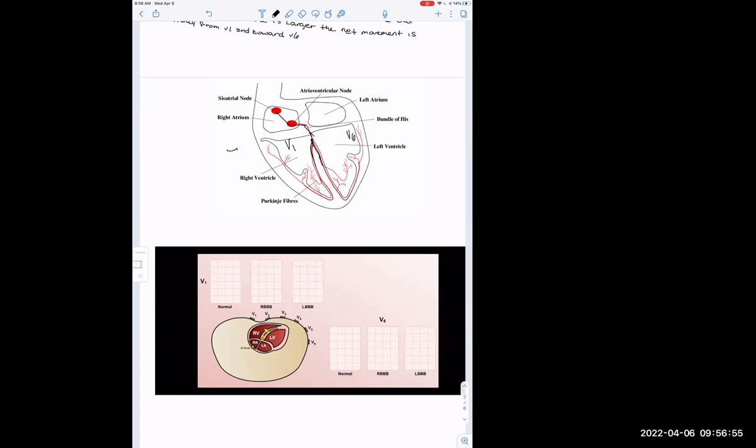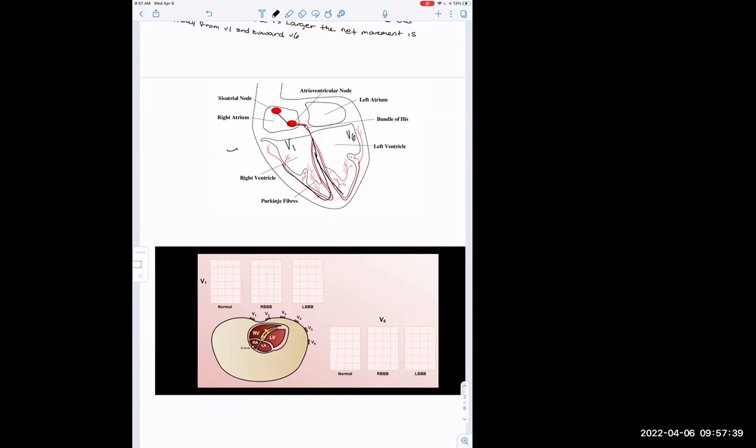So this area here is called the interventricular septum. Okay, so as that impulse travels down, it initiates the depolarization of the interventricular septum, and then the impulse breaks out to the right and to the left. And remember, we said that the right bundle branch has one single fascicle, and as it goes through the right fascicle, it breaks down into the Purkinje fibers, and that electrical impulse propagates, and you have depolarization